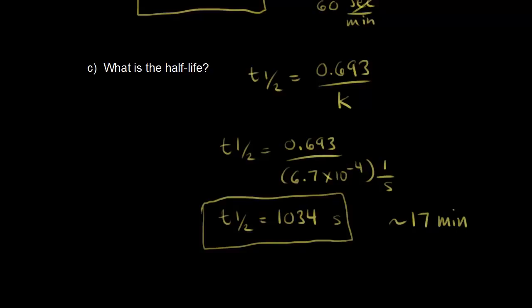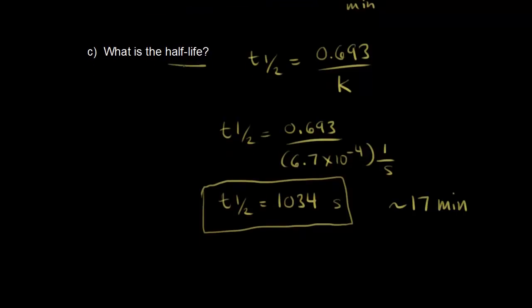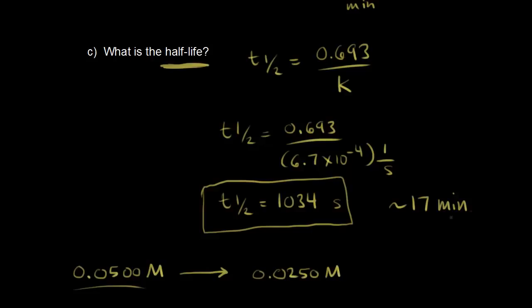And remember from the previous video what the half-life refers to. So if we started with, remember we started with a concentration of 0.05 molar, right? That was our initial concentration. The half-life is how long it takes, right, for us to get half of our initial concentration. So how long does it take to go from 0.05 molar to half that, which is 0.025 molar, right? That's the half-life. It takes 17 minutes for our concentration of cyclopropane to go from 0.05 molar